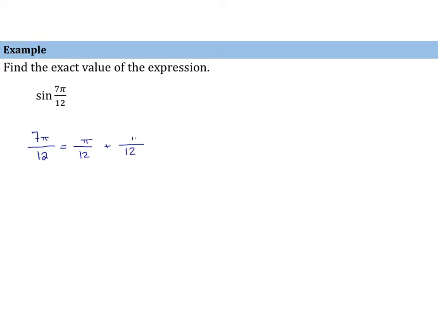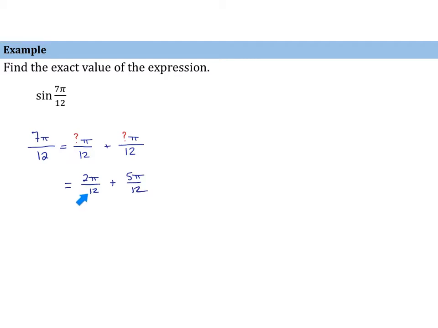So I'm going to keep this with the denominator of 12. Can we put in a numerator that will add to 7 but reduce so that each fraction will be a known angle to us? So for example, if we try 2 pi over 12 plus 5 pi over 12,